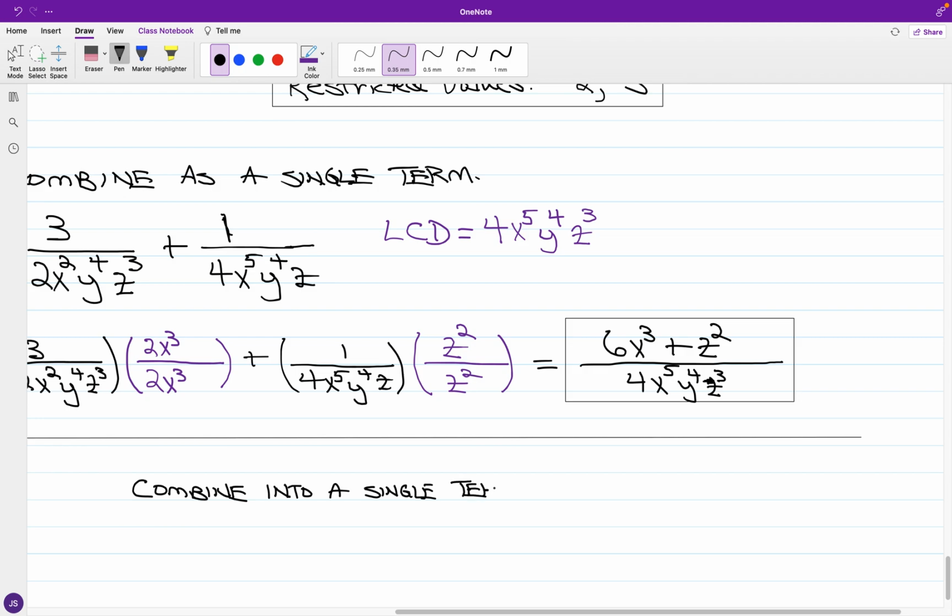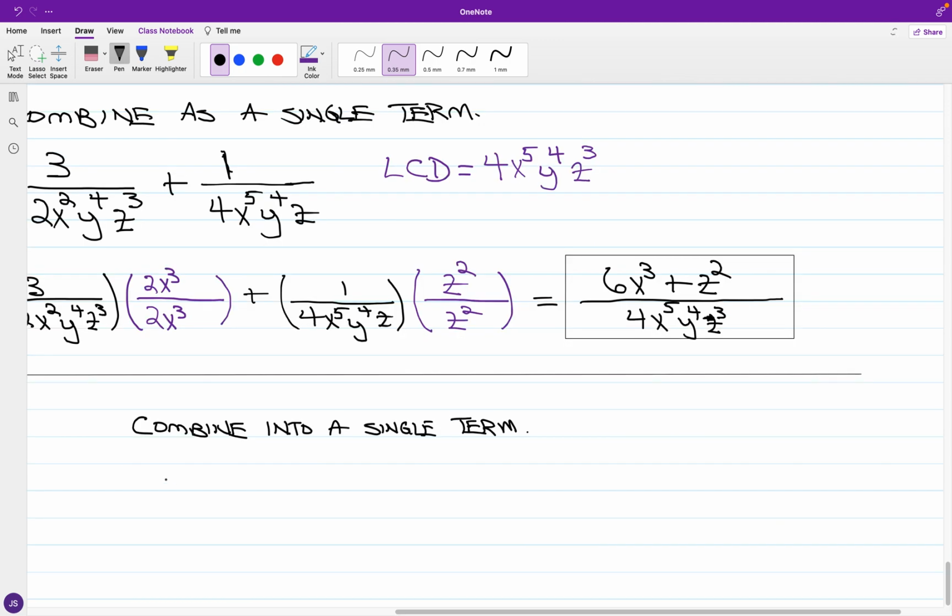At least in the first example, I just want to mention, if you're looking at combining into a single term, let's say that you have